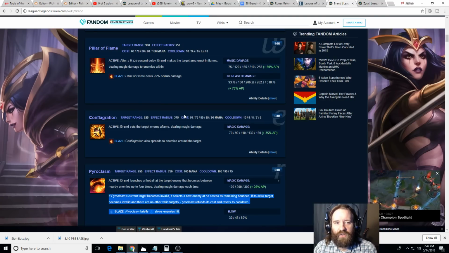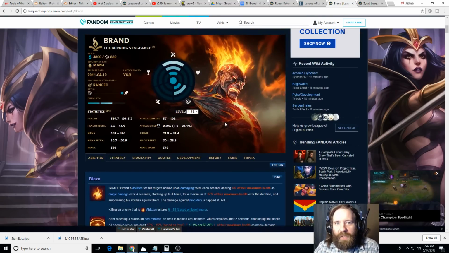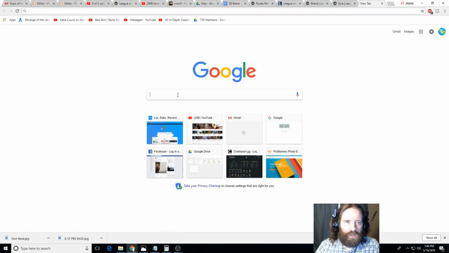Because with Zyra, you still need to be able to cast your plants. So you need to be able to EQ, WW, R. So you have to hit all these buttons, like 5 buttons to do your maximum damage in a fight, whereas Brand's like, click, 1 button. As he dies, his dying breath just casts Pyroclasm and probably gets a triple kill. Then that does make Brand a little bit better at that kind of elo. Let's see... I don't think a lot of people were...